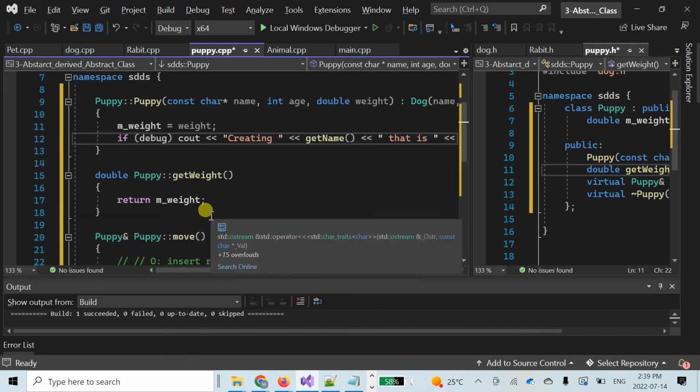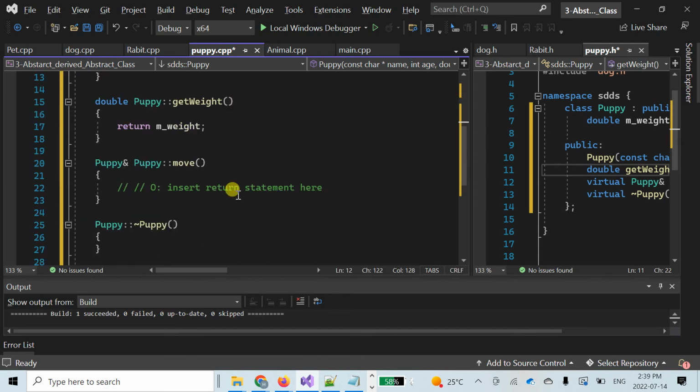And here return mWeight, we have this for the move, return this,